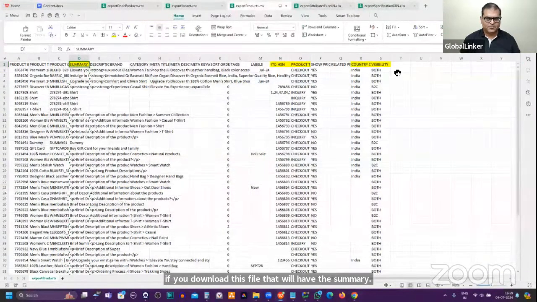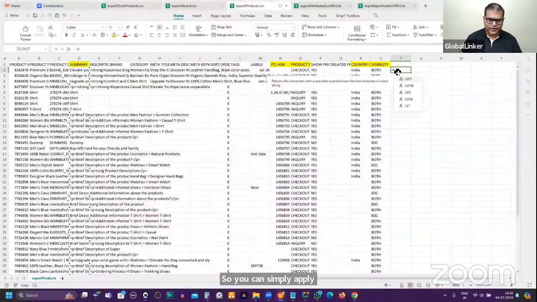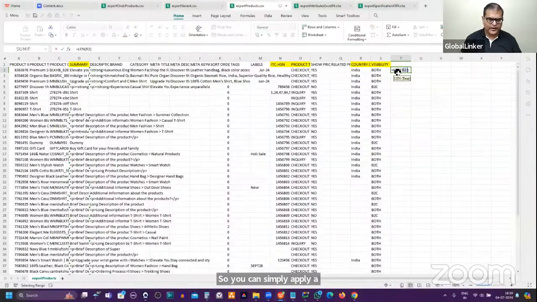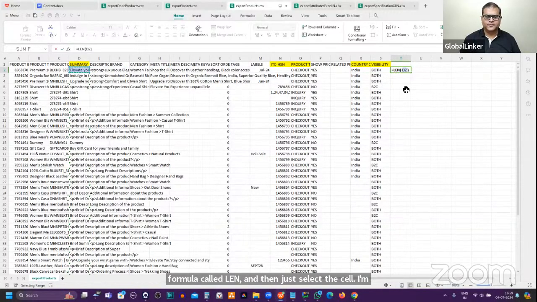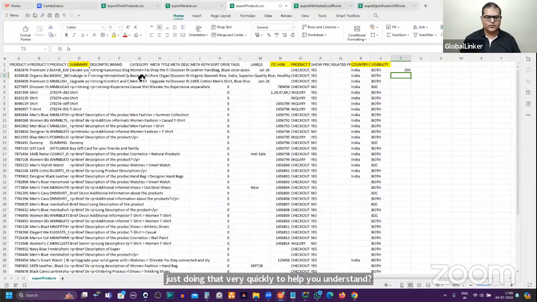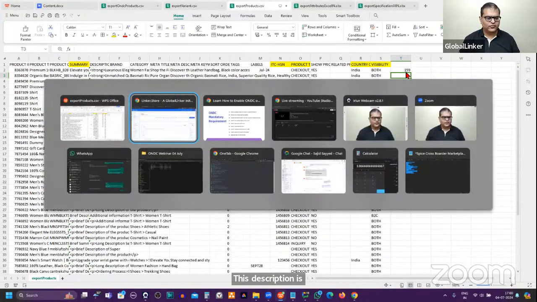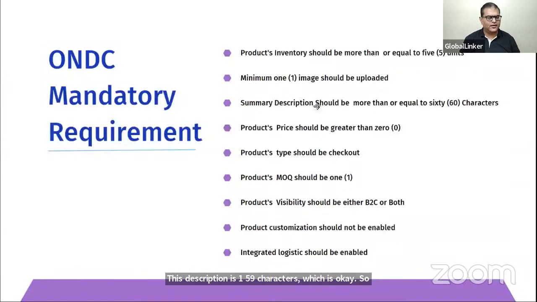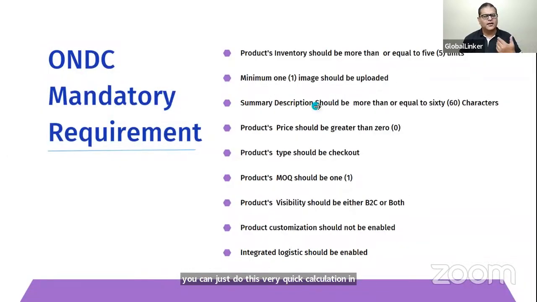So you can simply apply a simple Excel formula called LEN, and then just select the cell. I'm just doing that very quickly to help you understand. So this description is 159 characters, which is okay. So you can just do this very quick calculation in Excel, download that file and check if there's any product that has less than 60 characters of description. And then you can simply select the cell and